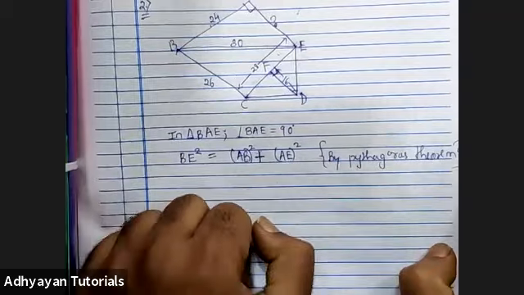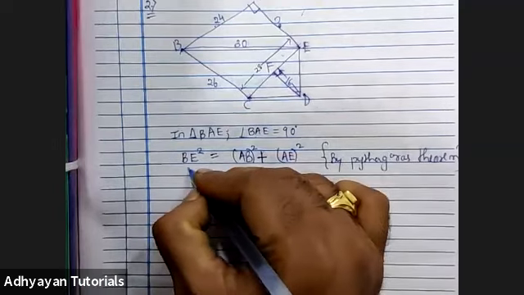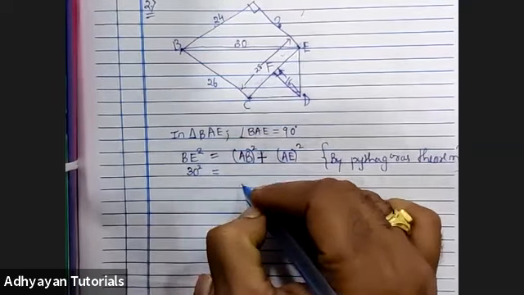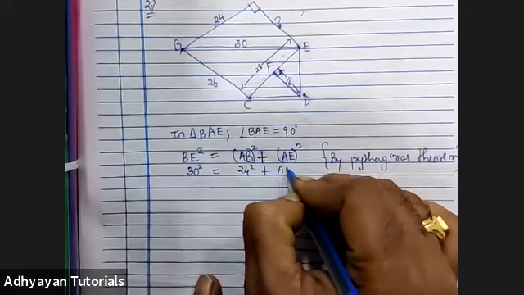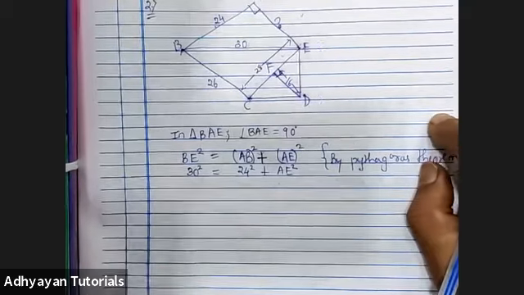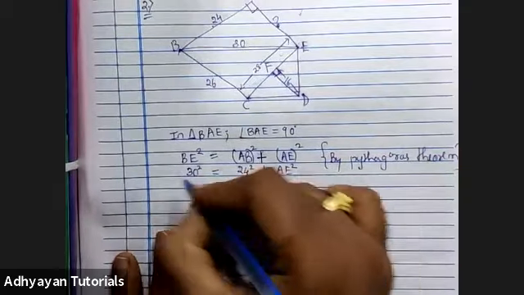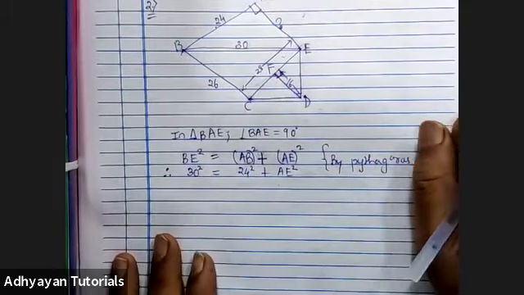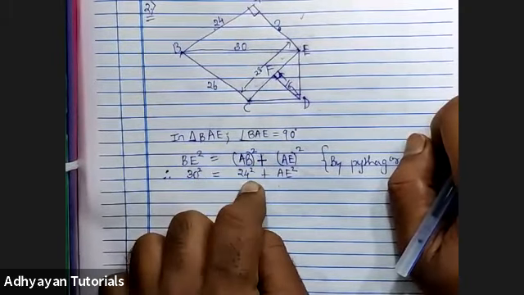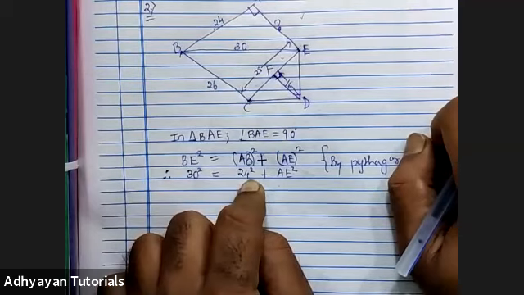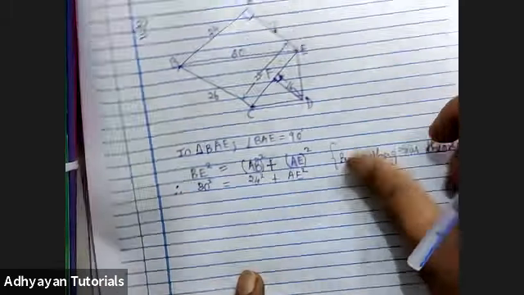right? Okay. Now BE ka value is 30. So 30 square is equals to AB ka value is 24 plus AE. Yeah, that is correct. Some kid answered here that AE ka answer is 18. Absolutely correct. So you can just square 30, you can square 24, then subtract 30 square ka jo bhi value hai, that is 900 minus 24 का I guess is 576. Right, दोनों को minus करके 18 का जो भी square होता है वो answer आ जाएगा.